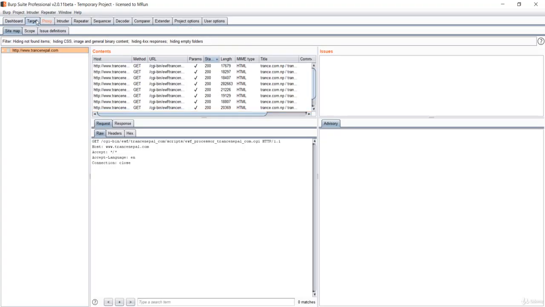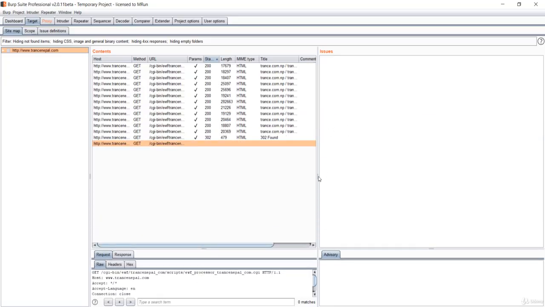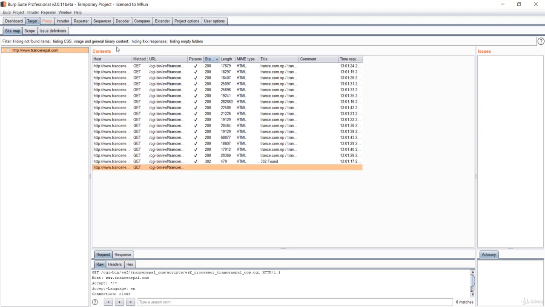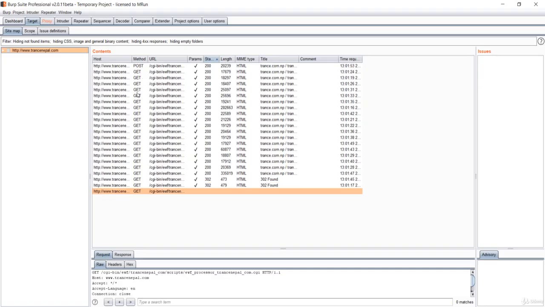Now in the target, you could see a bunch of URLs already crawled. Let me make this bigger, and you could see we have the contents here. We have the host, which was basically your target, and the method is GET or POST. GET is basically getting the URL, POST is anything you post to the server.